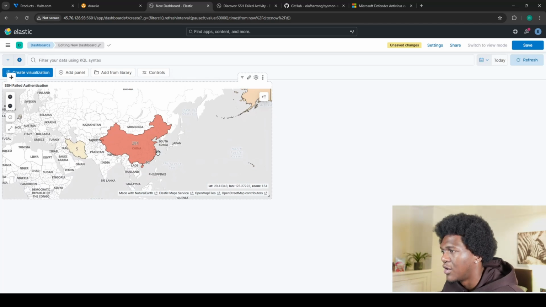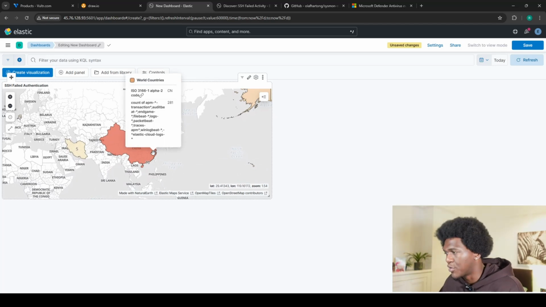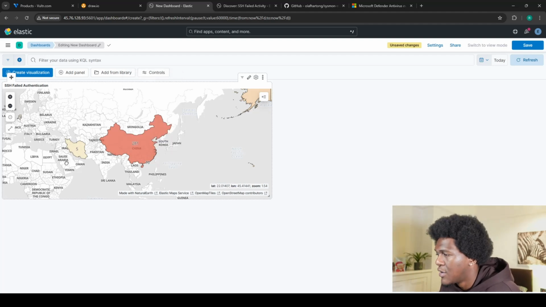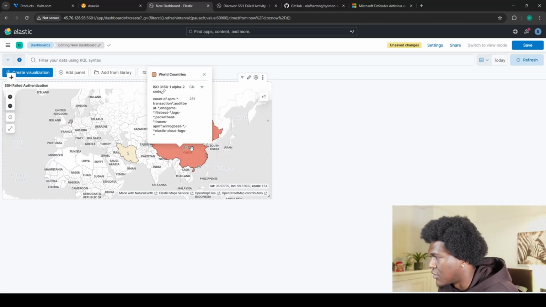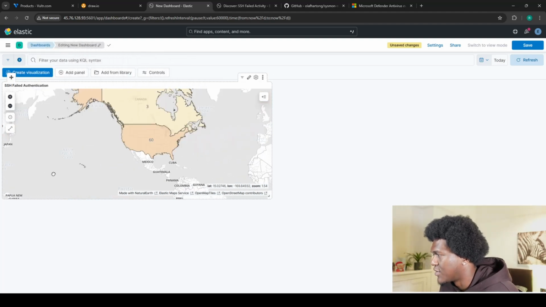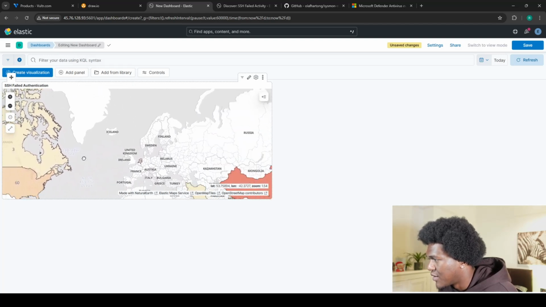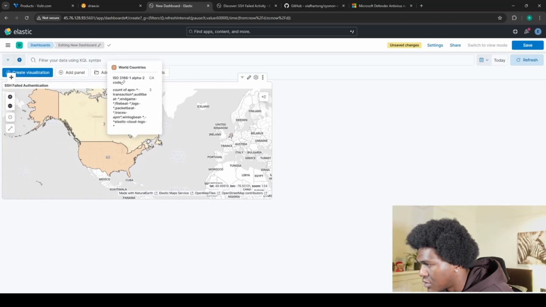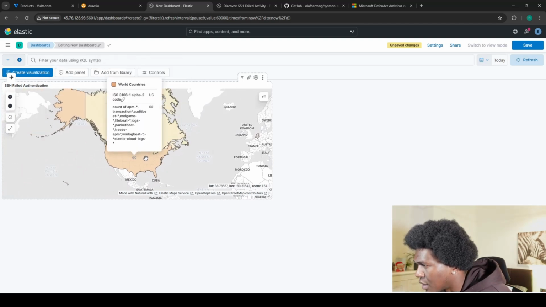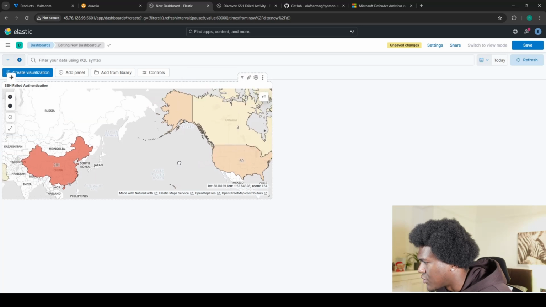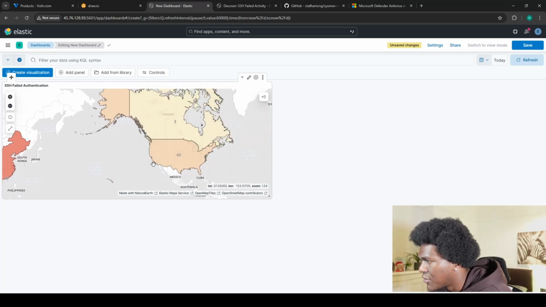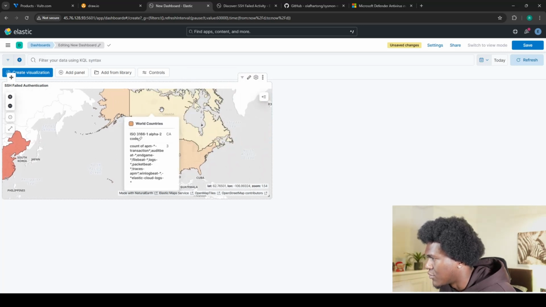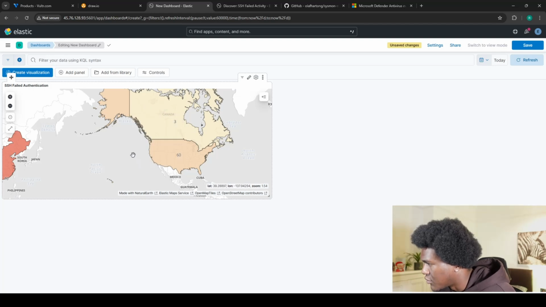It shows you basically what countries are trying to brute force our device, and we can just see at a glance. So I like the dashboard, honestly. It's so cool, you know. We got 281 from China and we got three from Canada. I don't believe this is America. The map of America is quite big. Canada cannot be that range, and this is America, but